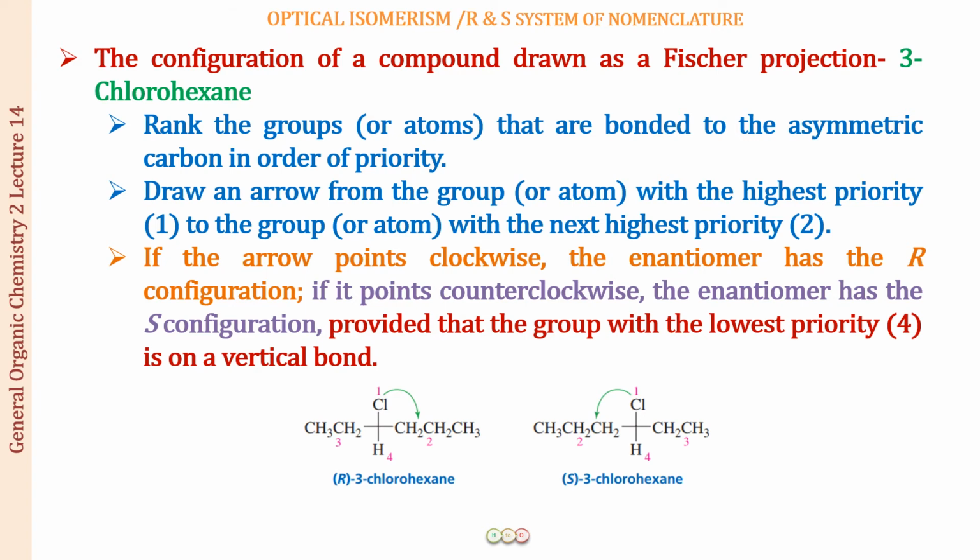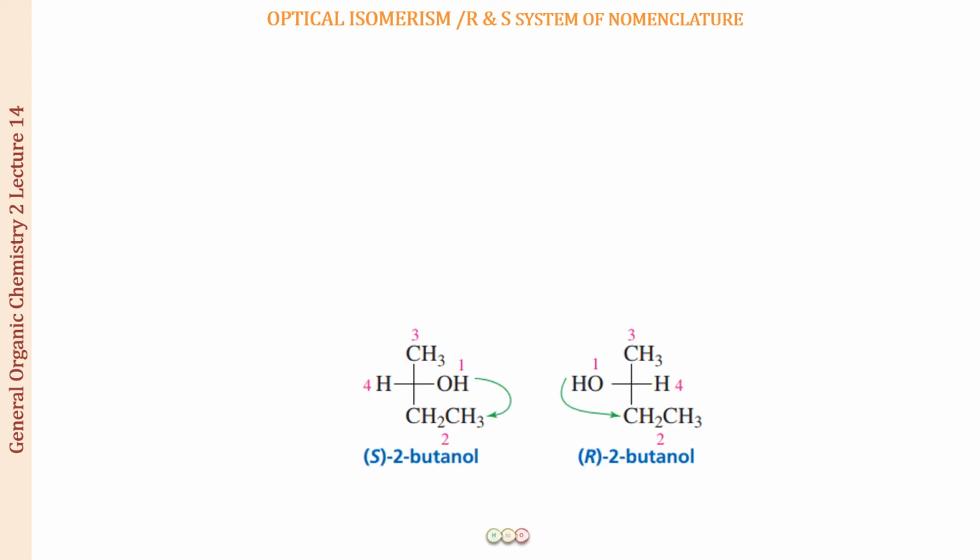Then what are you going to do? Look at this molecule of 2-butanol. These are the 2 enantiomers, the mirror image compounds for 2-butanol. These two are going to be optical isomers. Now, when you arrange them according to the priority order, all the 4 groups, you will get OH as group number 1, the ethyl group as group number 2, the methyl group as group number 3, and hydrogen will be occupying the 4th position, right?